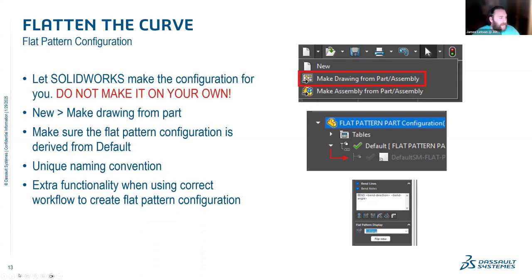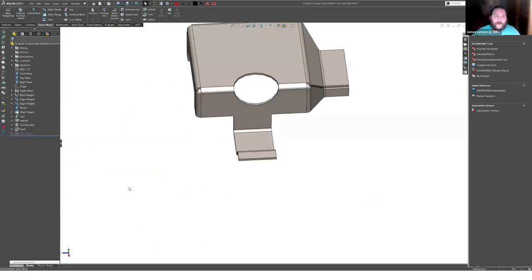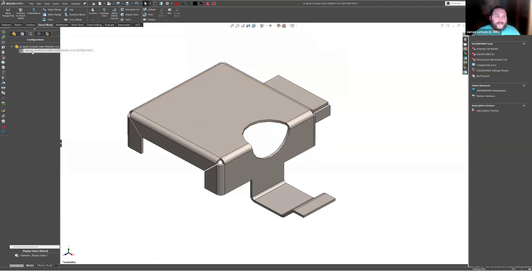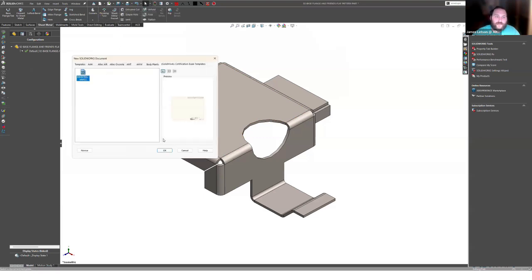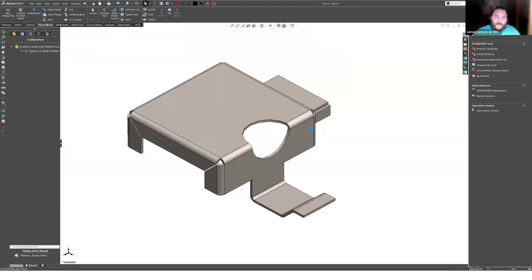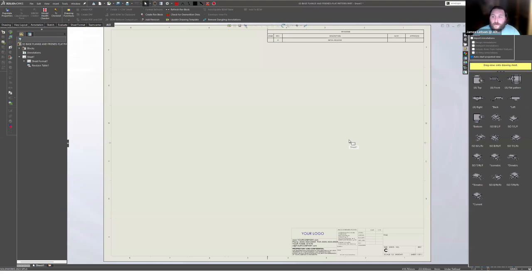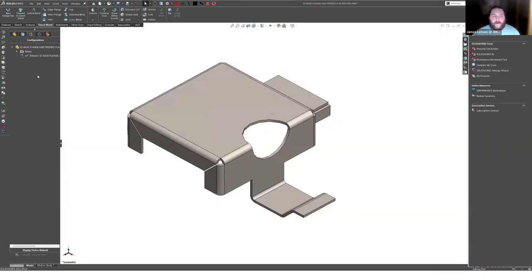So we will hop back into SOLIDWORKS one more time just to show what I'm talking about. So we come over to configuration. We can see that I do not have a flat pattern configuration right now. I can come up here to new and I can say make drawing, choose my template, hit OK. And from this point, like I said, if I were to just close this print right now and not do anything else to it, close it, don't save it, I would now have a flat pattern configuration in my model. And you can see that, like I said before, it is derived and it has the unique